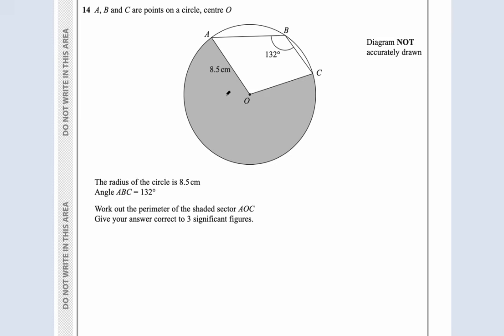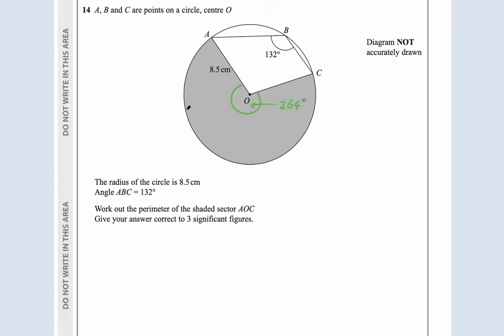So that means this angle here has to be double this. So this angle is 264 degrees. Okay, this angle is 264 degrees because it's double this angle at the center. This is a circle theorem: the angle at the center is twice the angle at the circumference. So this is 264 degrees, and then the